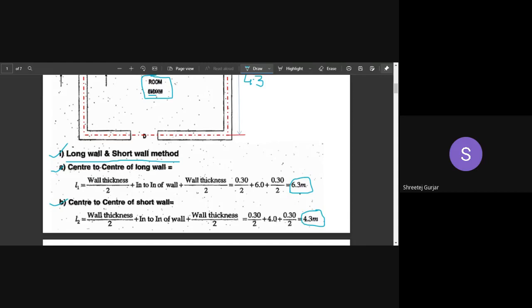So into 2, we will be doing based on your number, right, Manju? So into 2, we will do whenever we want to calculate the total thing. We just need the center line length of your individual wall now. So that we have done. Okay, we will wait for 2 minutes. Until then, you can just copy down the steps. Copy it down quickly so that we will move to the next part.